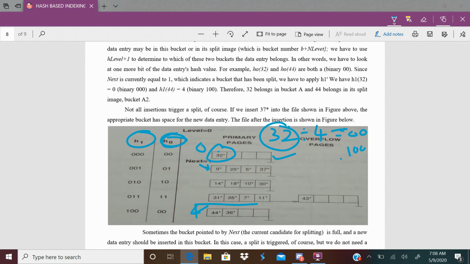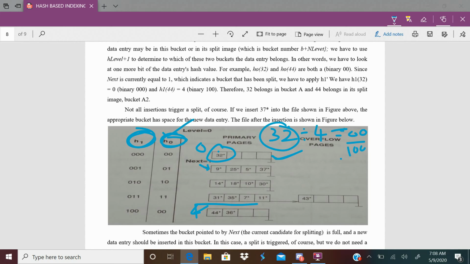So H0 of 32 is applied, meaning 32 mod 4, which is 0, so it looks in the 0th bucket. If it is not there, it will look using the H1 function. It uses 2 hash functions for every search.